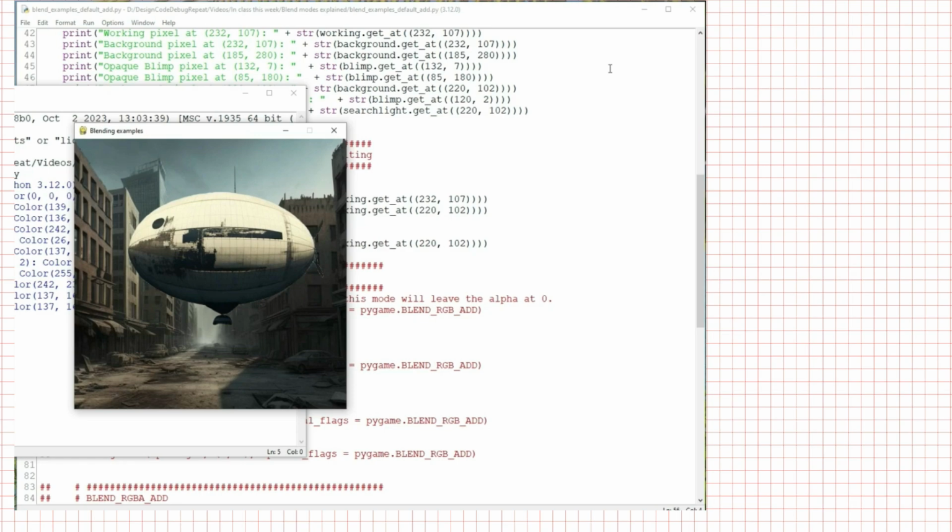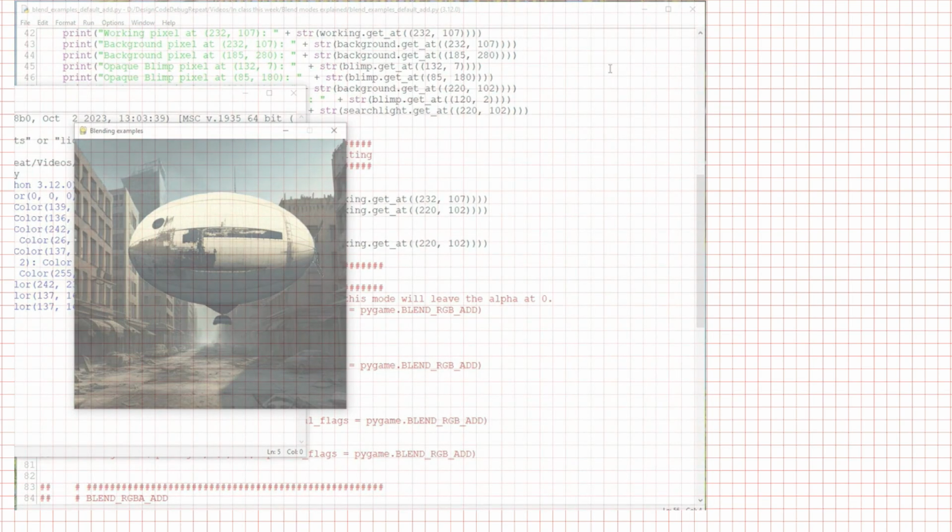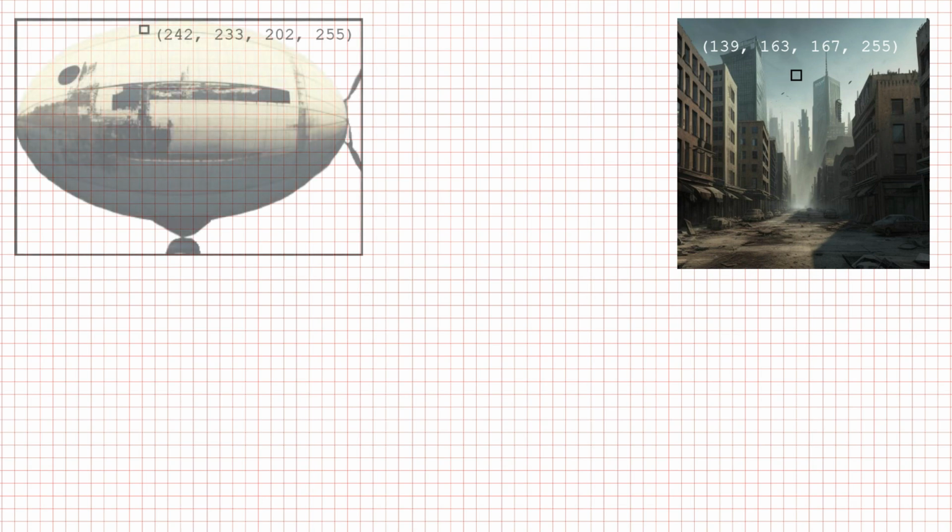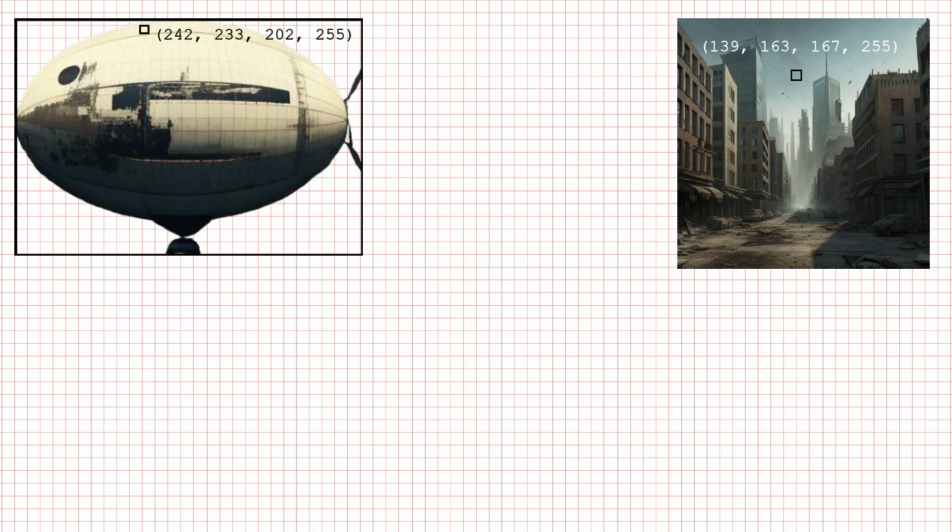You can see how that works out with the math. I printed the pixel values from each surface that will be composited together and the result, one set for an area with full opacity, and one set for an area with full transparency in the blimp image. Let's start with the opaque pixels in the source. If we have a destination pixel that's 139, 163, 167, and 255 for the alpha, and we're blitting onto it a source pixel that's 242, 233, 202, and 255 for the alpha, the result is the 242, 233, 202 pixel